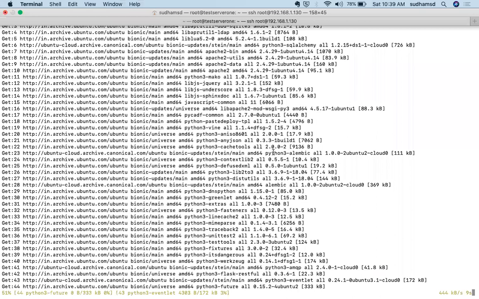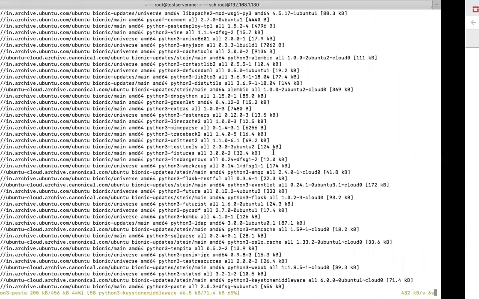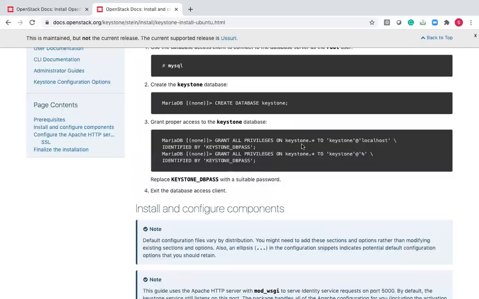Is it privileges for a single user or multiple users? Only a single user is given privileges. You can see here, Keystone.* means that under the Keystone database there will be so many tables which will be created later. For all the tables under this Keystone database, only the Keystone user can access it. If I want to give 2 or 3 more users, then you need to re-execute this command with a different user. By default, the root user can access any database and any tables. But for Keystone, we are creating a separate user to access the Keystone database.